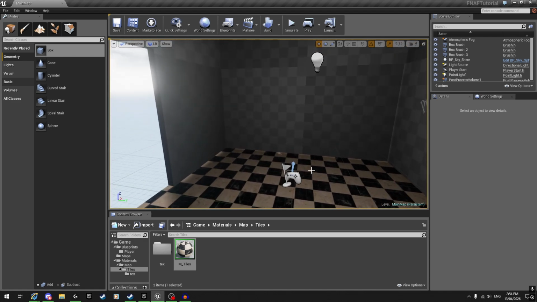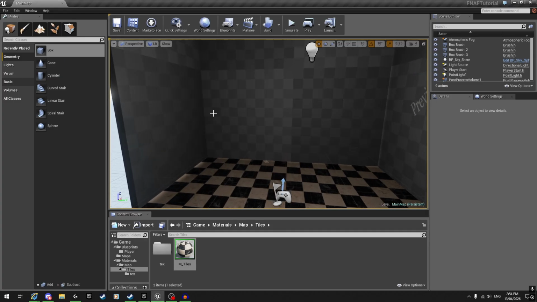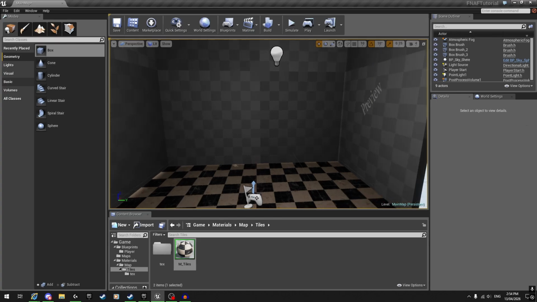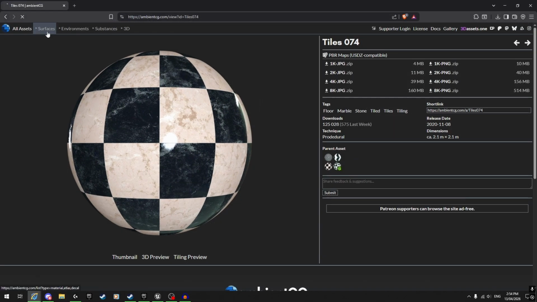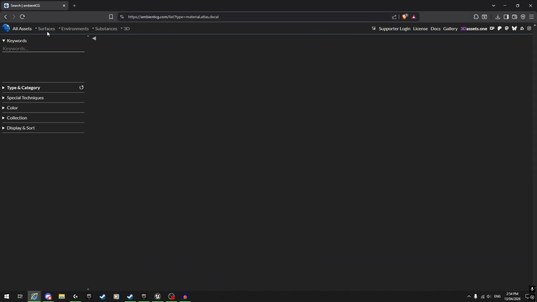Now we need a wall material. For a Five Nights at Freddy's pizzeria map, I would recommend making your own material that fits with Five Nights at Freddy's. Obviously, it has a checkered pattern on the walls at the bottom here. You might have to make that material or find it on your own. But I'm just going to use ambient CG again. And I think I'll just look for a